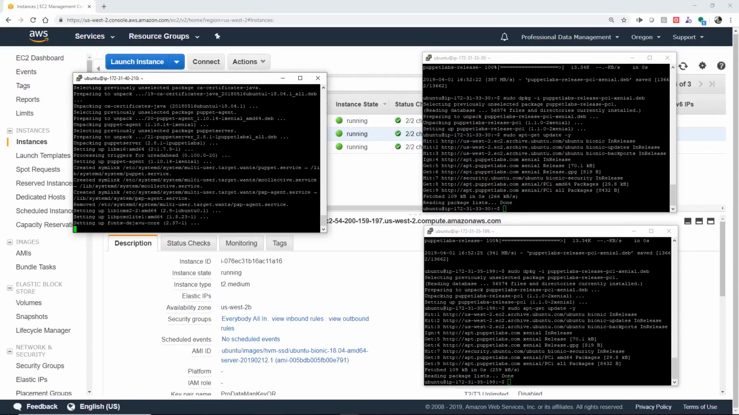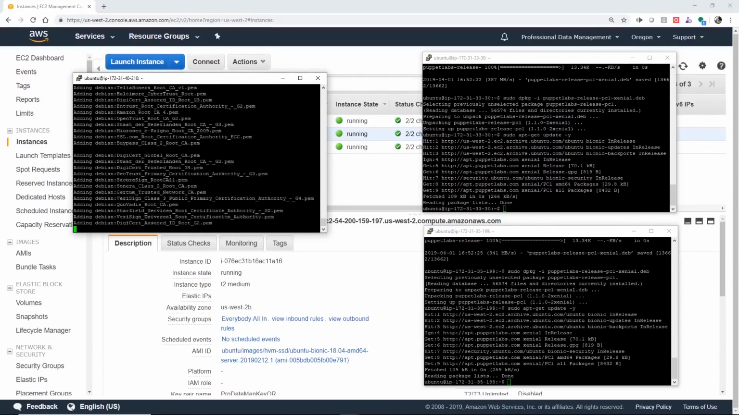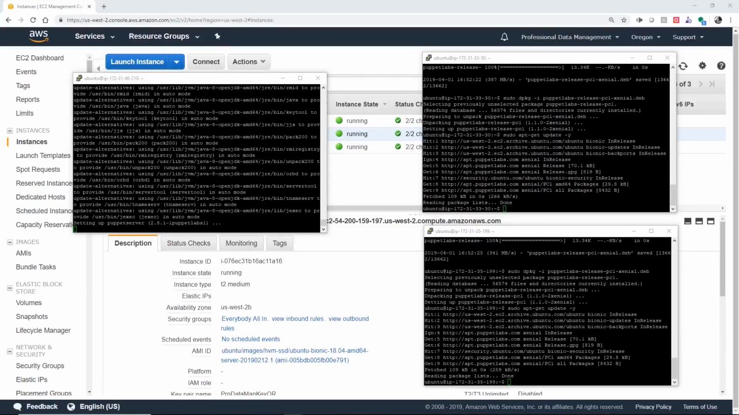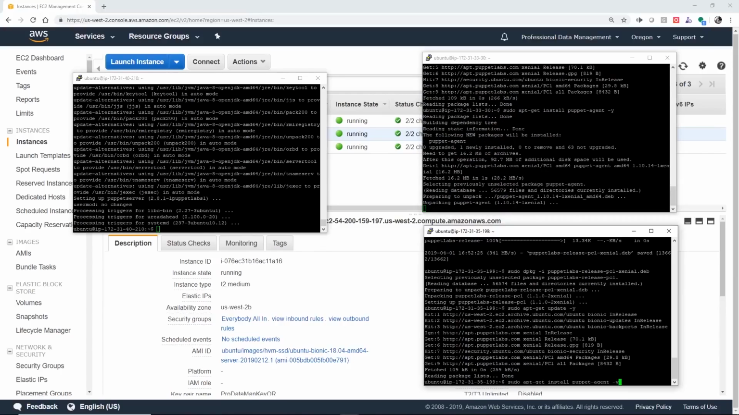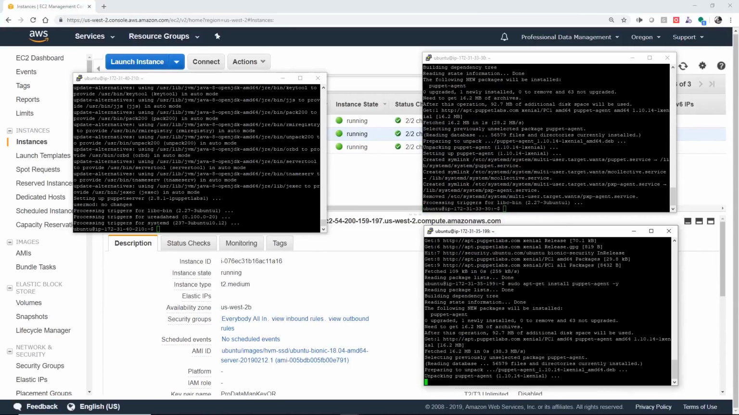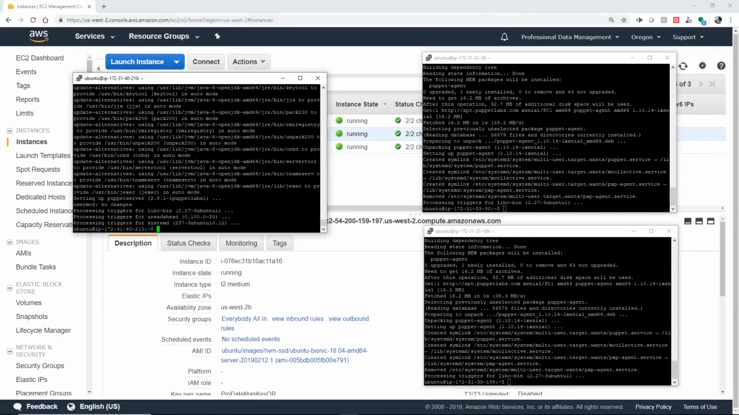So on those additional servers, we're going to execute sudo apt-get install puppet-agent. Puppet agent this time instead of Puppet server. So sudo apt-get install puppet-agent -y. We'll do that on both of our nodes here. And then we'll jump back to our Puppet Master so that we can complete the configuration